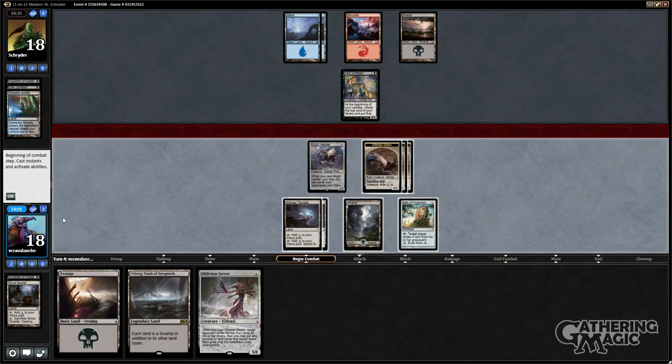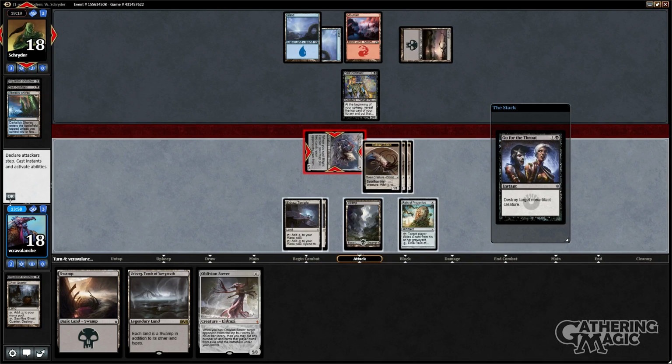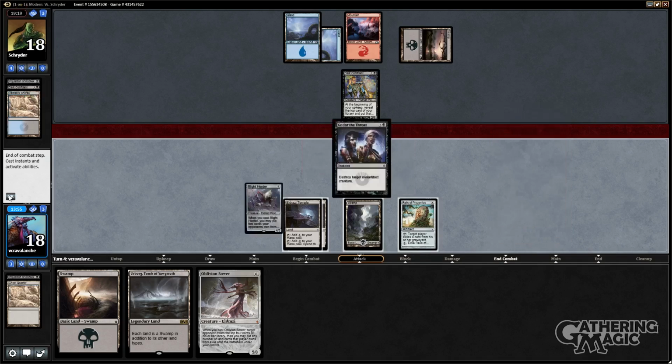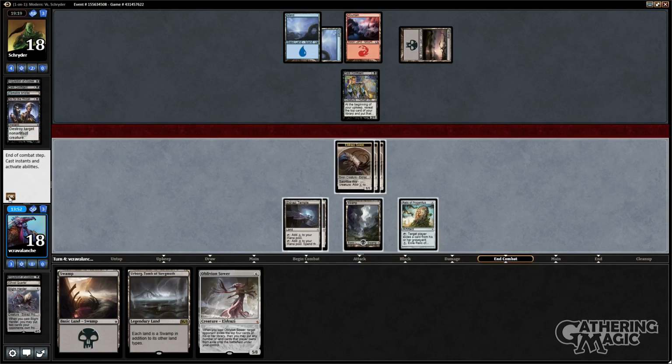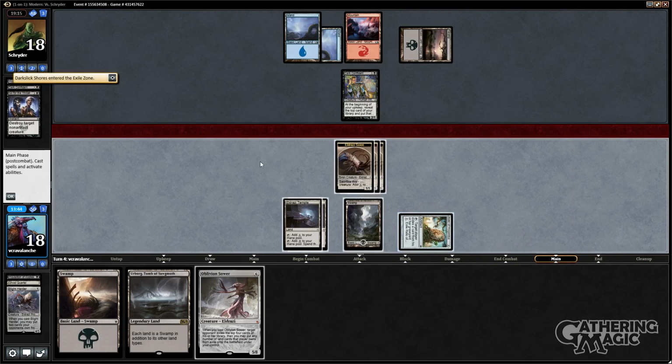Oh, but it goes away, so I can attack in with the Herder. He's not going to block with a Confidant. But he is going to go for the Go for the Throat. Which, 1, 2, 3, I still think that... Let's give him the option to try to get rid of the Darkslick Shores here. I'm hoping he does. Oh, that is beautiful. That was the perfect...